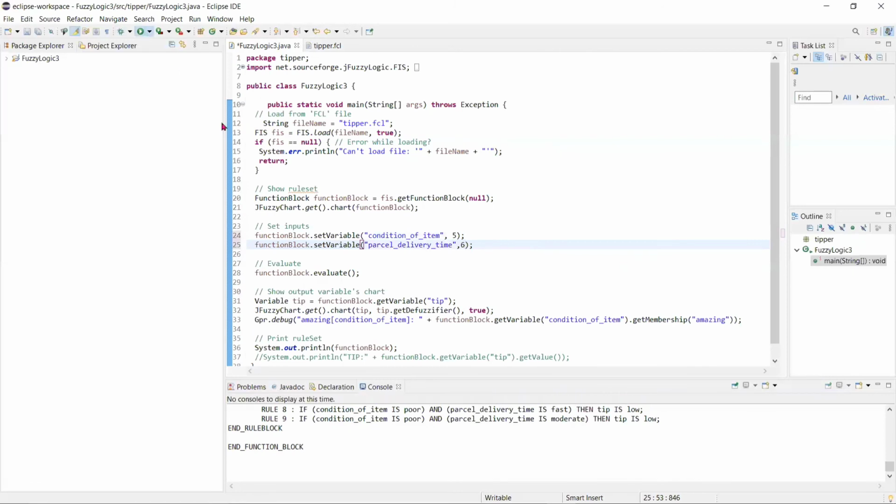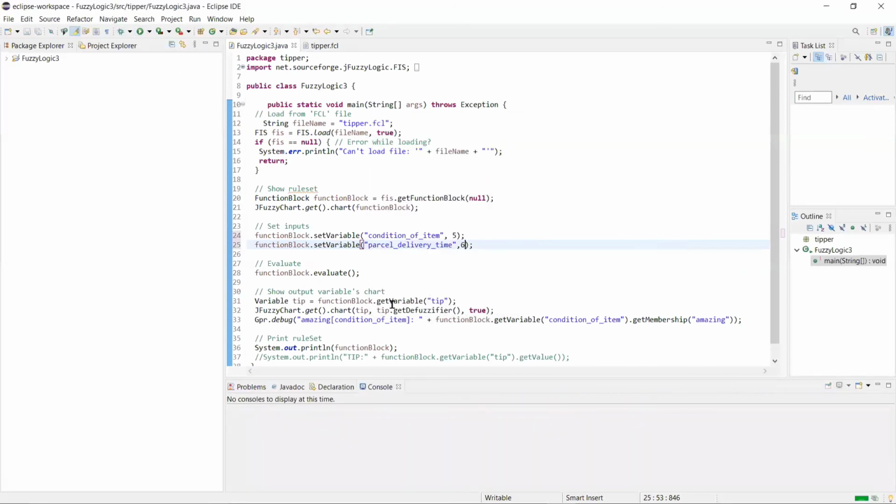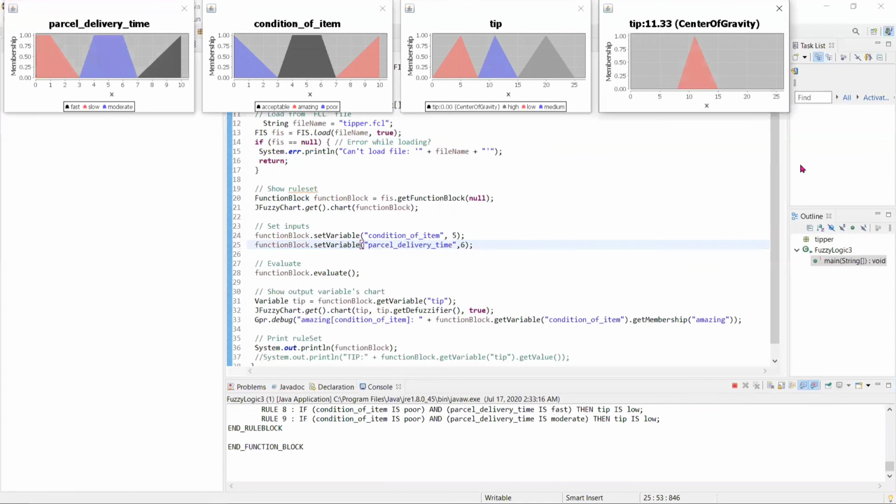So we try to run here. Beautiful. So here we get a tip of 11.33, which represents a medium tip.